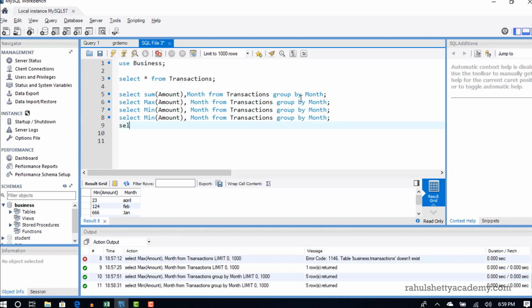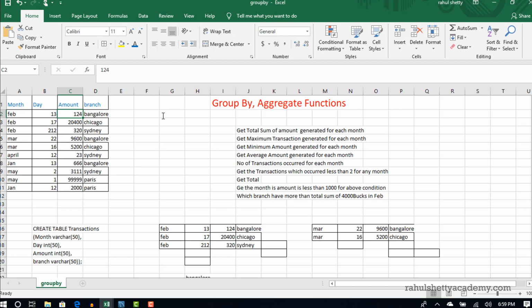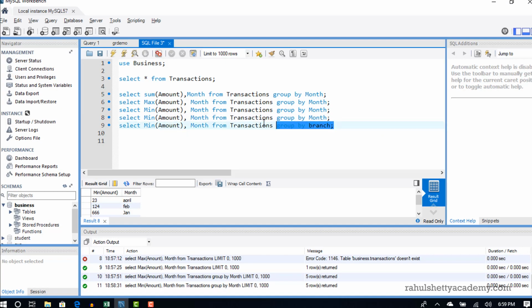Select minimum amount, the month name from transactions, group by branch. So I hope you are getting a clear idea on how this group works internally, okay, and how these aggregate functions are applied on that.